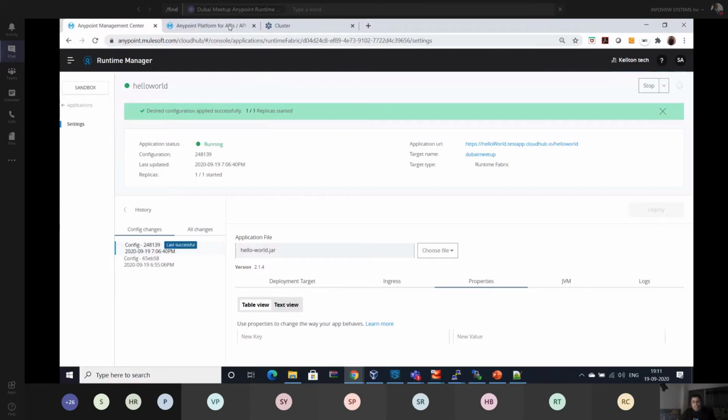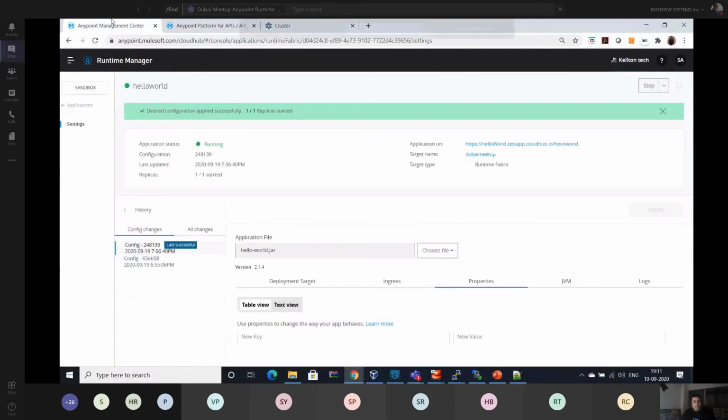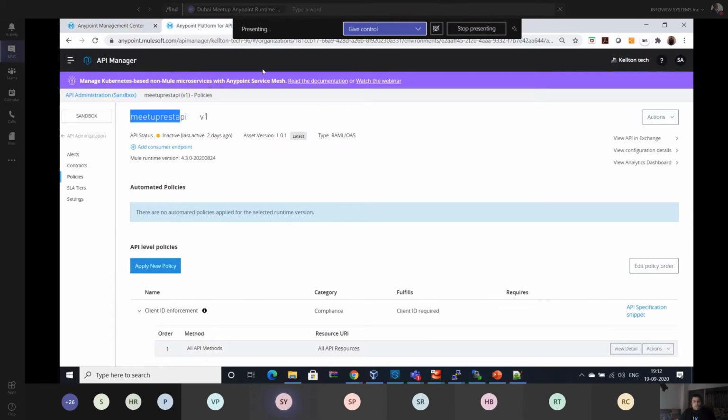And I can access this API through the same URL, the internal URL. So the policy will be applied in the Anypoint API Manager, but that can be implemented on the API, and the application can deploy on the RTF.